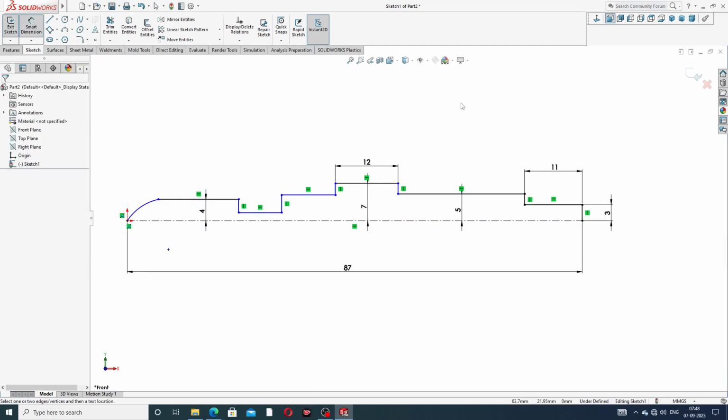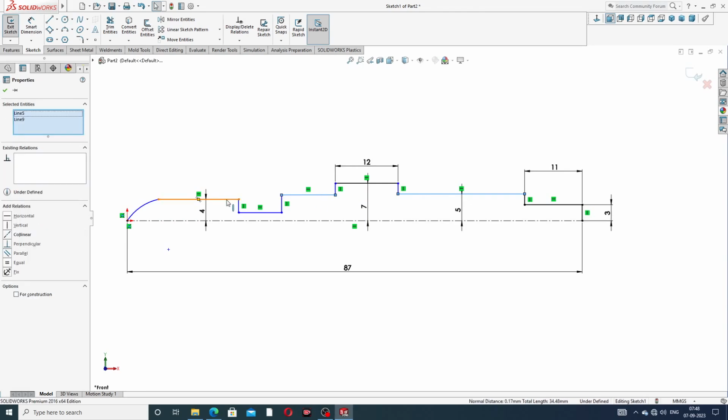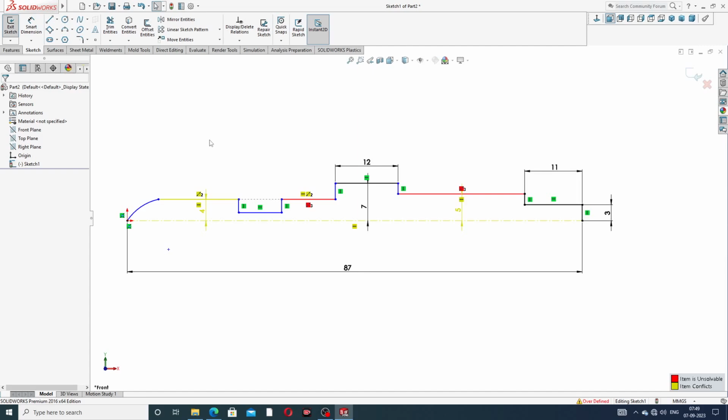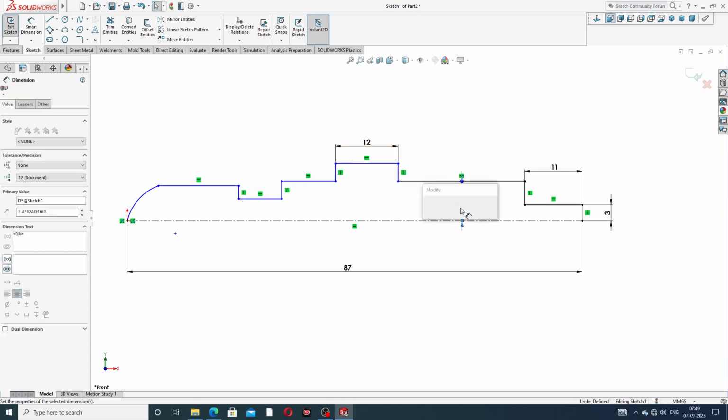Okay, and this line, and press the control button and select this line, and this line, 3 lines connect. This is collinear. Okay, this is 5 millimeter,